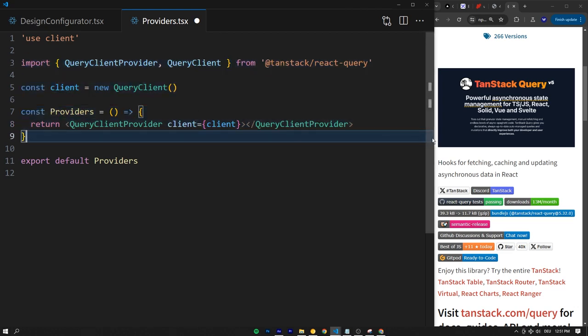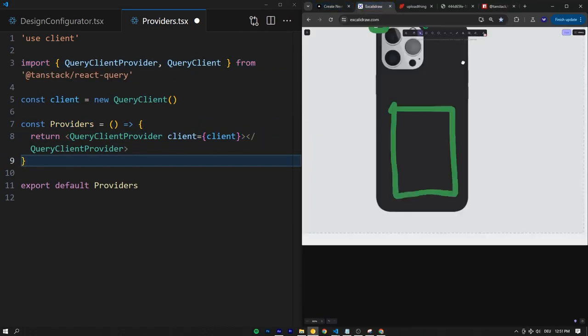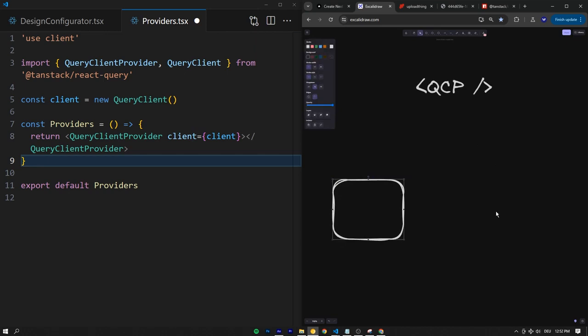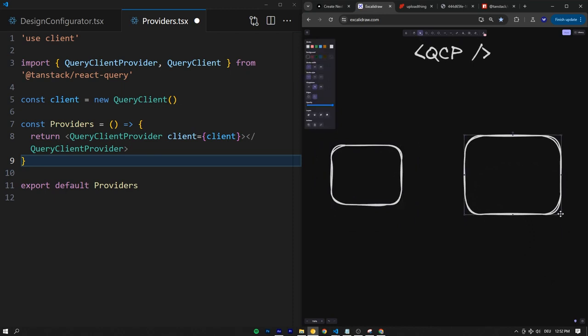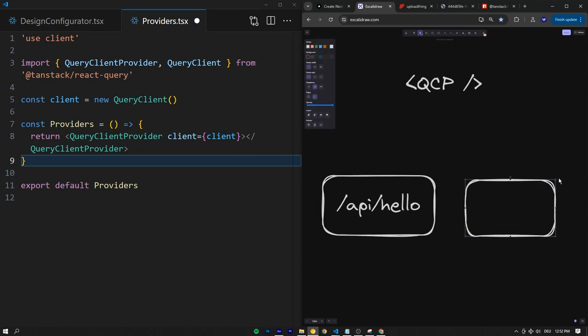So just conceptually, what we're doing here, we're basically wrapping our entire app inside of this query client provider. Let's call it QCP, query client provider. That's this component we grab from React Query. And now the beautiful thing is anywhere where we use React Query in our app, for example, let's say over here we fetch some data, or over here we fetch some data. For example, let's say we fetch data from /API/hello, and we also fetch the same data like 10 seconds later